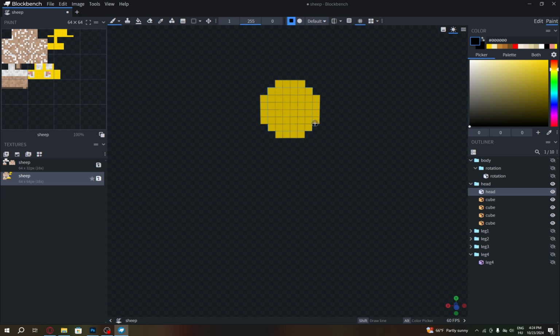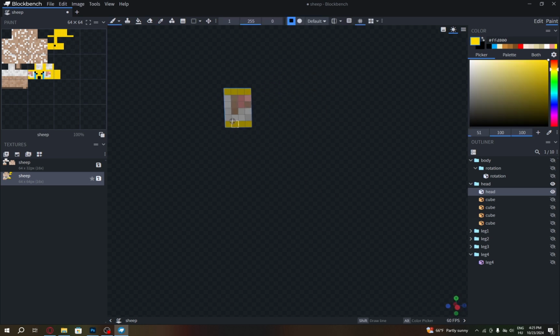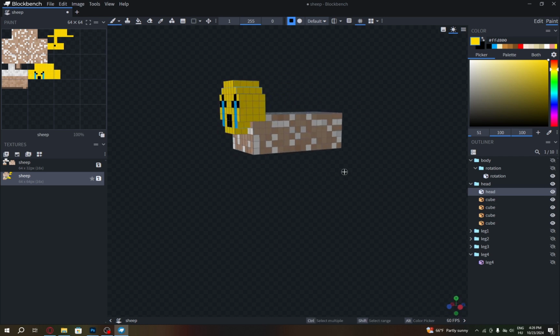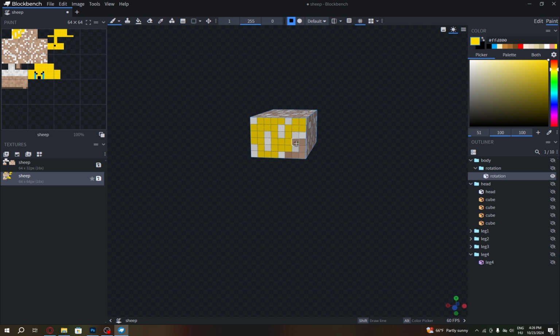I didn't know how to do it at first, but I got there in the end. So that's how the crying emoji looks. I colored in the rest so it doesn't glitch through the texture itself. Then I went on and painted the whole sheep